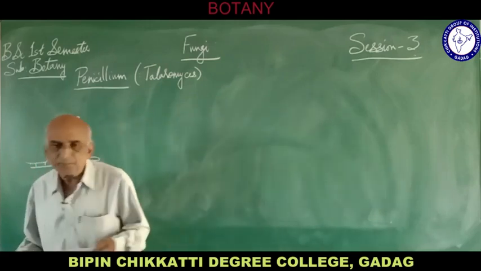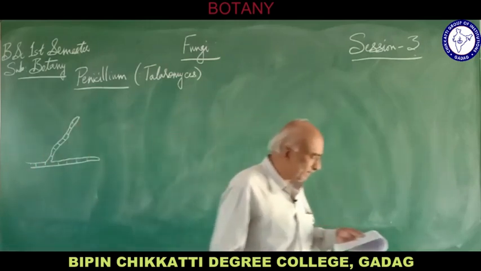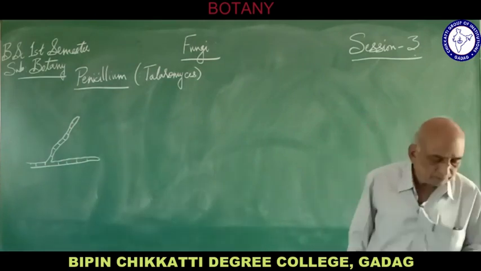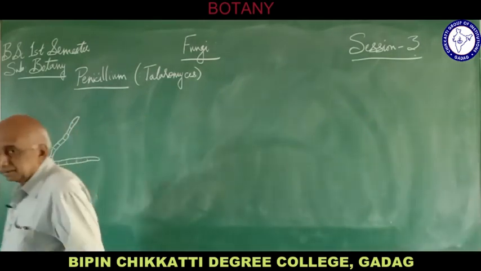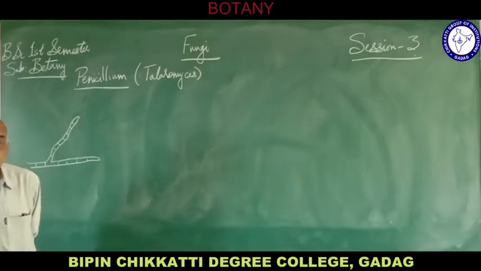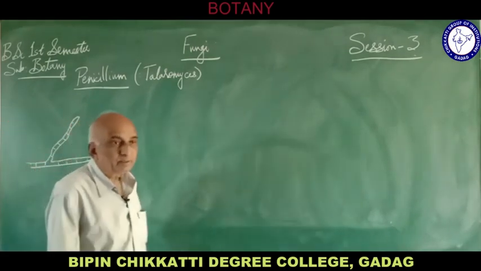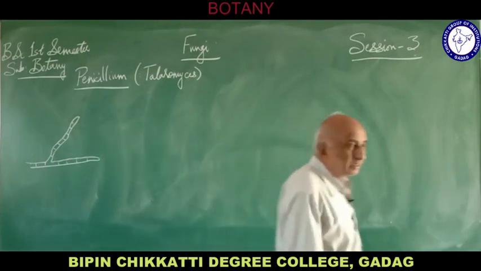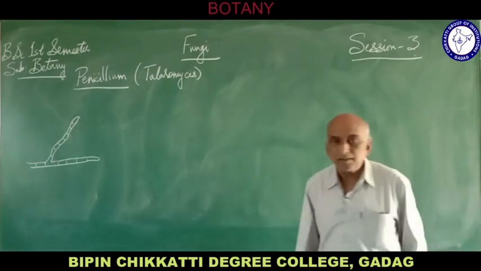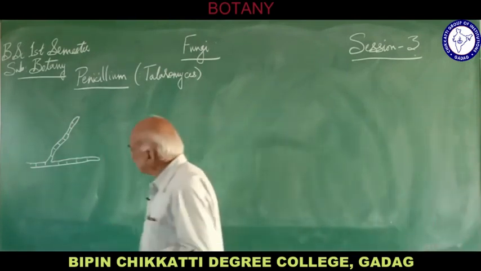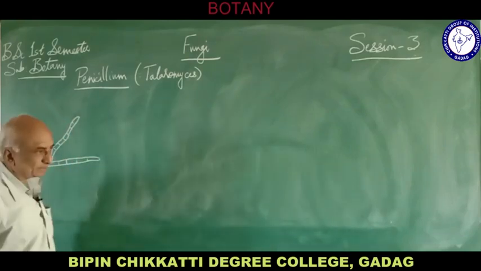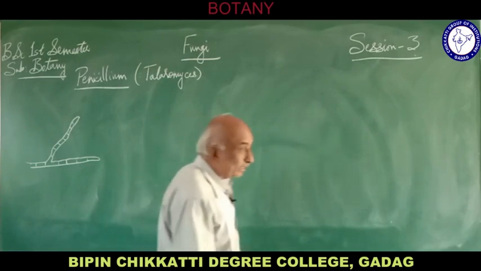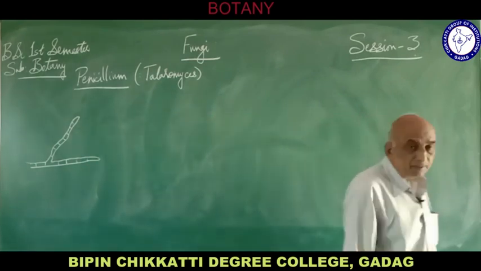But in the case of Penicillium, it has septate hyphae, and the cells have nuclei. The cells may be uninucleate, binucleate, or multinucleate. This is because, as we have studied in the general characteristics in the starting part of this unit,